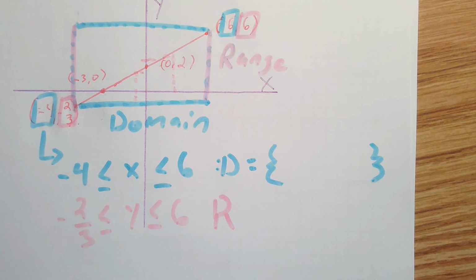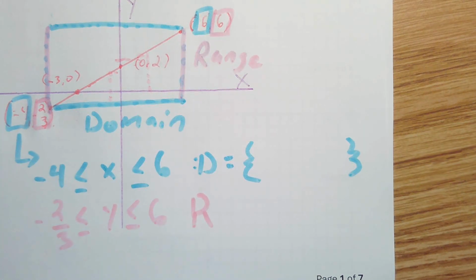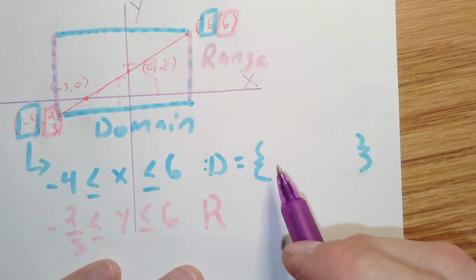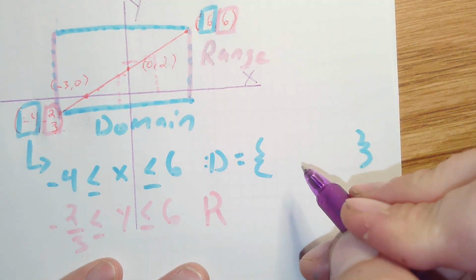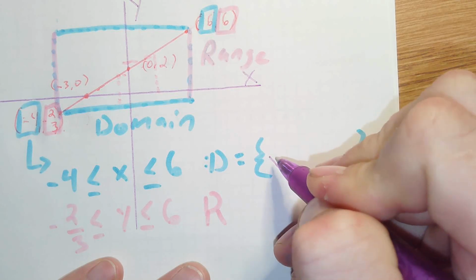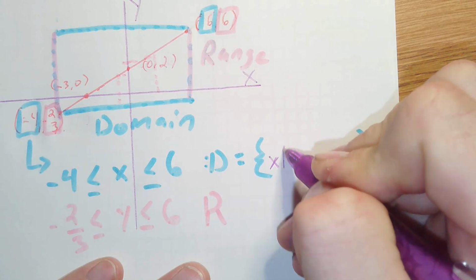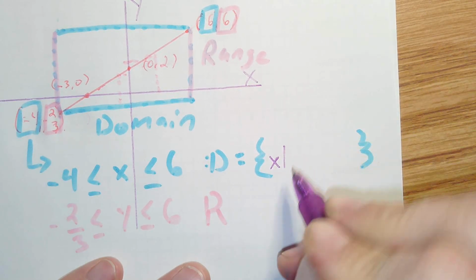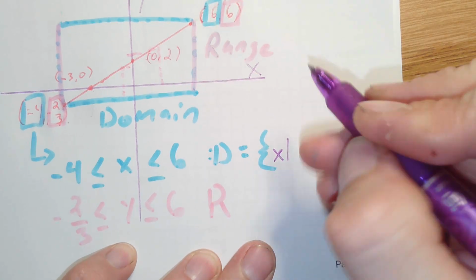I'm going to write in a pen. Let's imagine that this is purple or blue. Set D is all values of x such that